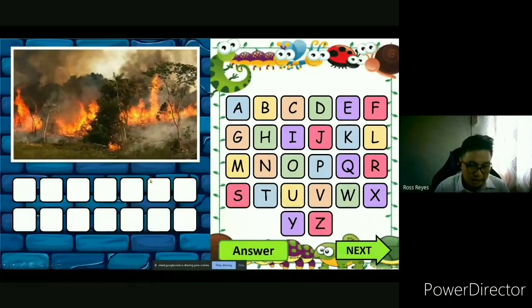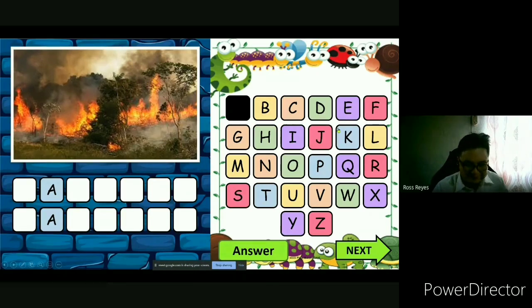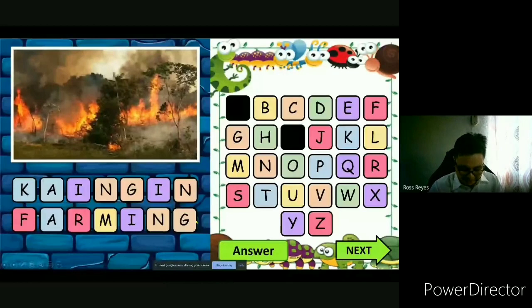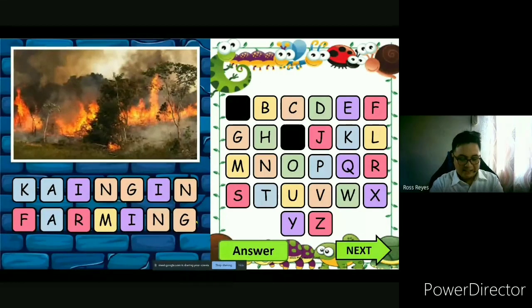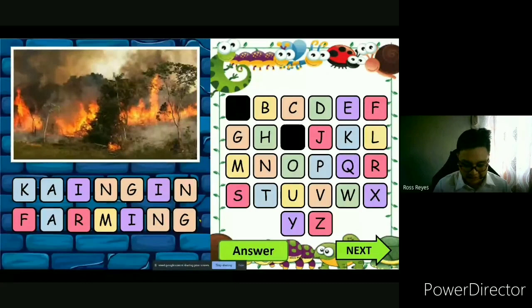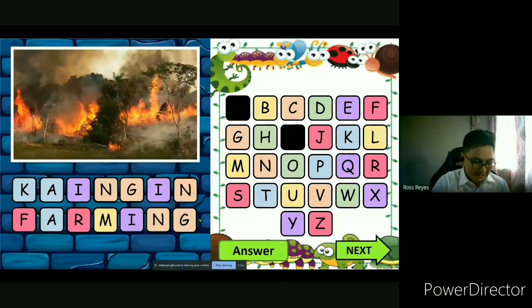Let's have the first one. Now, I'm giving examples if you will have a hard time in guessing the puzzle, just like this one. First, I'll give you the vowels, okay? Kaingin farming is a technique of clearing land by slashing or burning underbush and trees and plowing the ashes under the fertilizer. So meaning to say it is the conversion of forest area into an agricultural land or other purposes. Next puzzle,